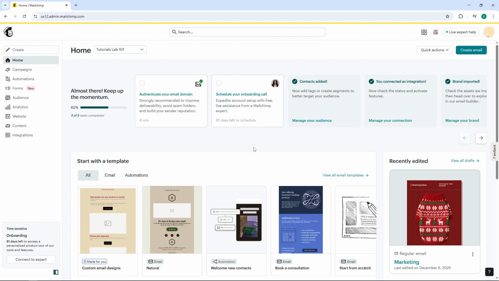Today I'm going to teach you how to add emails to Mailchimp. This is a fundamental skill for building your email list and managing your subscribers effectively. Whether you're running marketing campaigns or simply staying in touch with your audience,